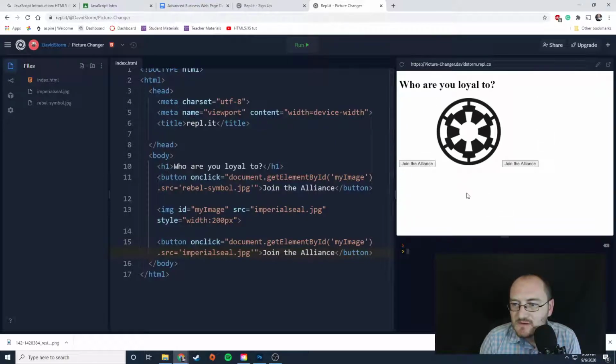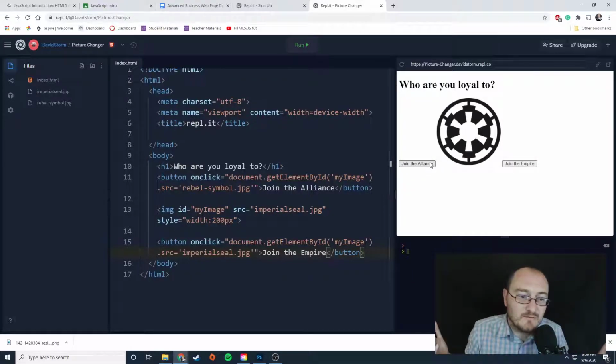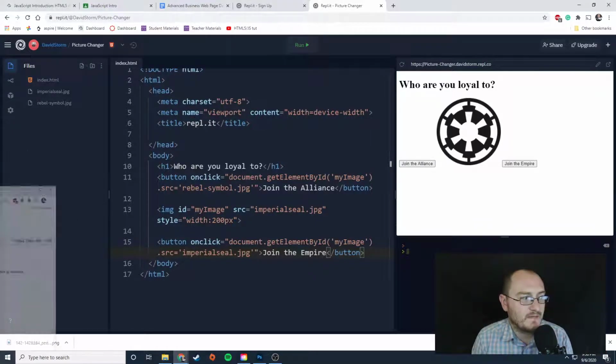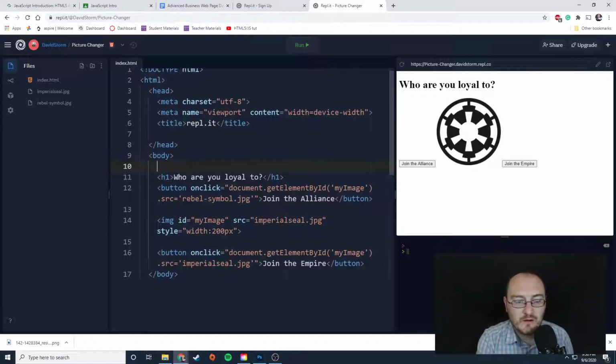Okay, so join the alliance. Oh, I also want to change what's inside the join the empire. All right, so join the alliance, join the empire. Beautiful. This is pretty great. And that's pretty easy, right? We just did that with basically 3 elements on our page, 4 if you count the header. And that meets all the requirements that we want for the assignment, except we want to put in our comments